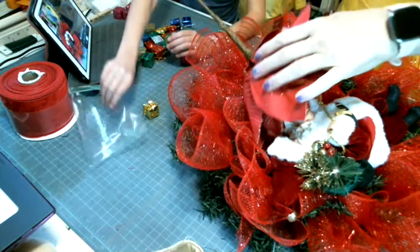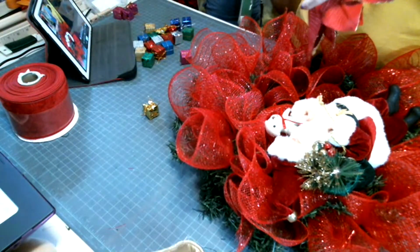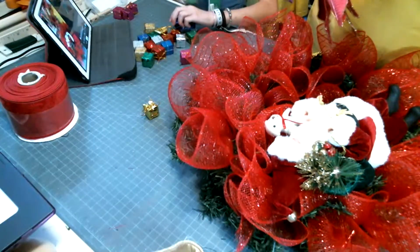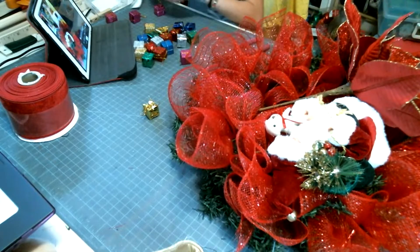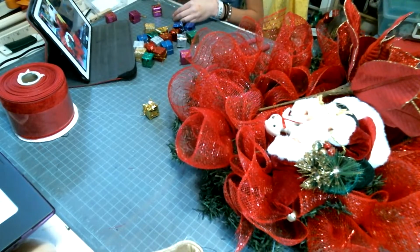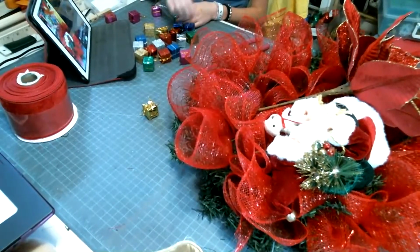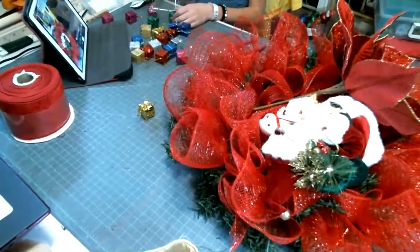Now this is awfully long. I don't need such a long stem. Just need a short one. My other really big cutter. Let's see if I can get it without knocking the camera. If the camera shakes, we're just...